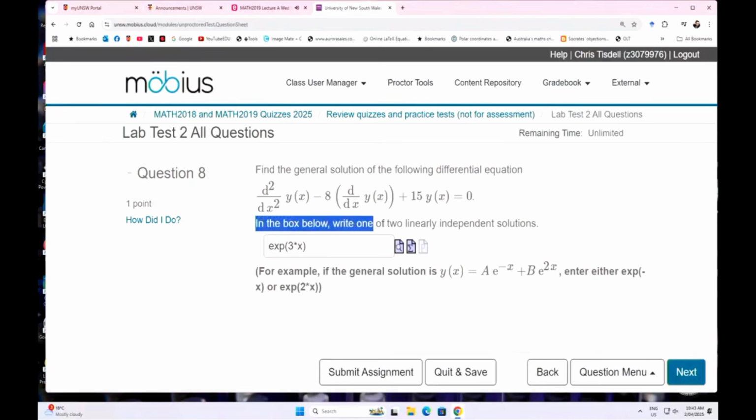In the box below, write one of two linearly independent solutions. So they don't want the general solution. They only want one part of it. Okay? They only want one part of it. So they'll give you an example down the bottom, which is really good. Okay? So for these kind of problems, again, think back to first year. The characteristic equation is the important thing. Okay? So let me